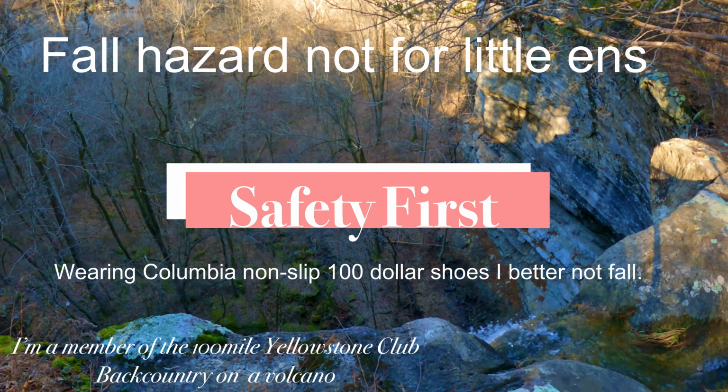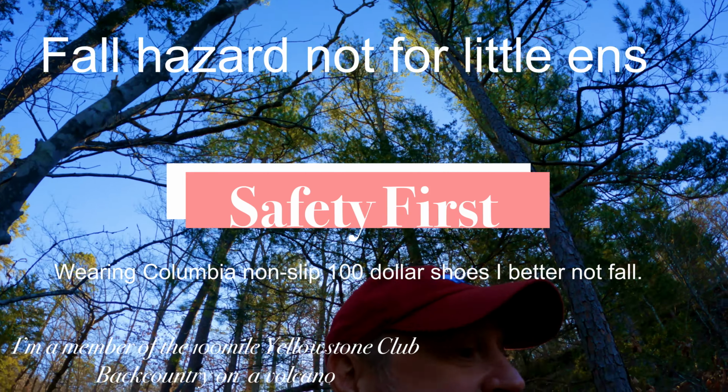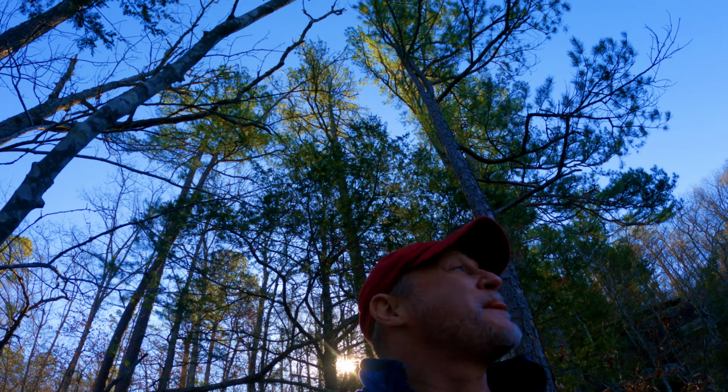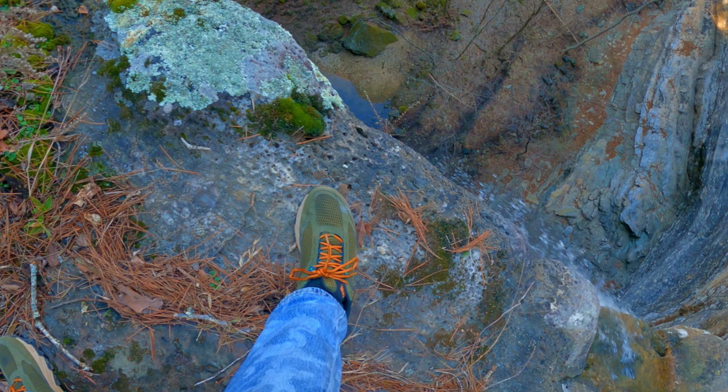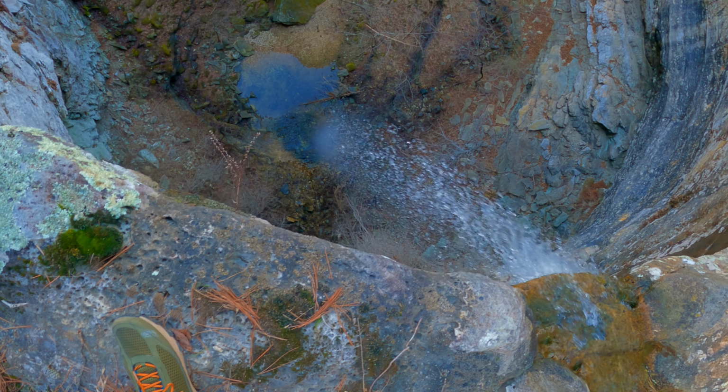88 feet is the length of this waterfall. One of the longest drops I've done. But this is 88 feet. I've got to stand on the edge. So there's a little